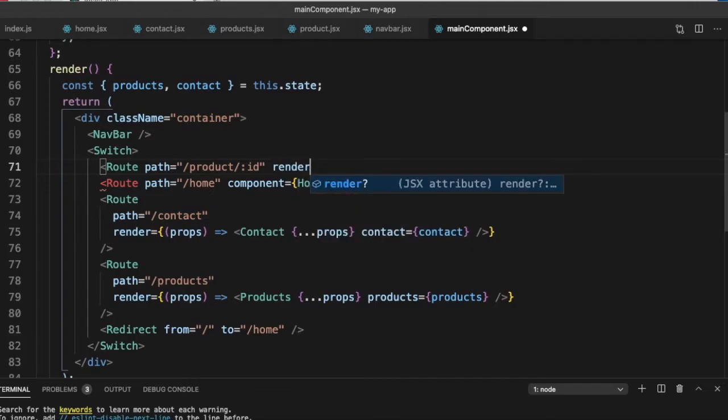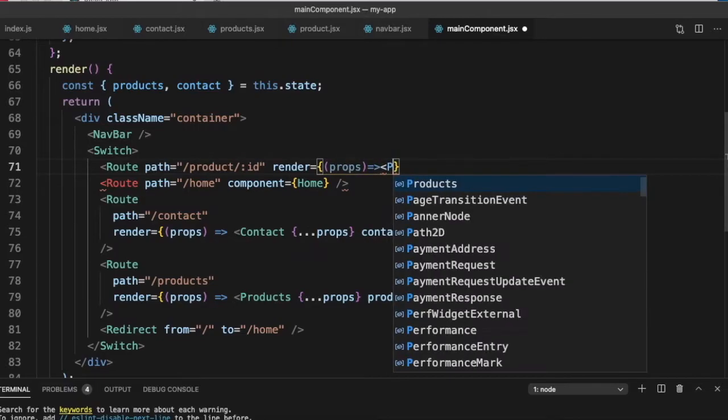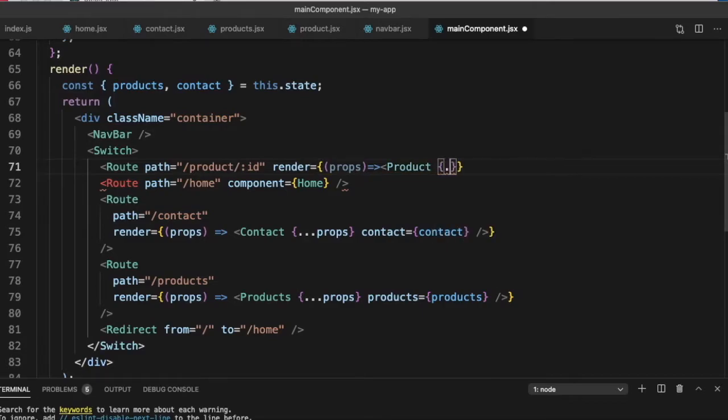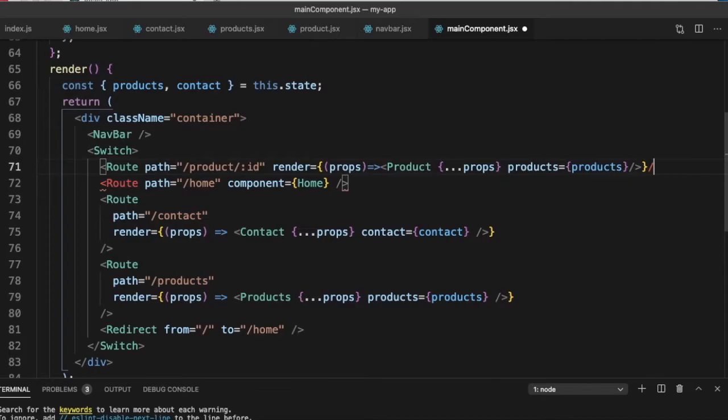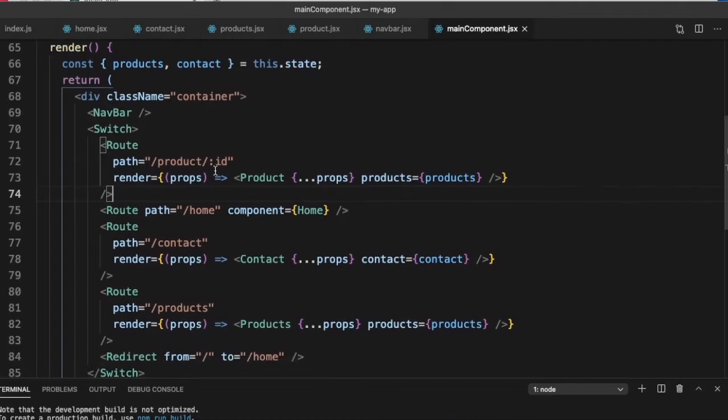We will just say render is equal to Product. We will spread the props, and we will just say products equal to, we will pass all the products. So we have defined a route with a dynamic path here.